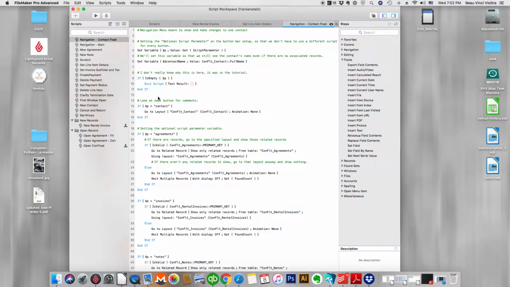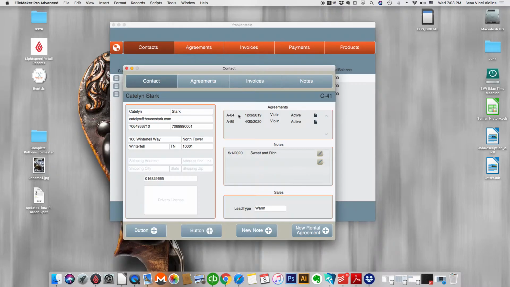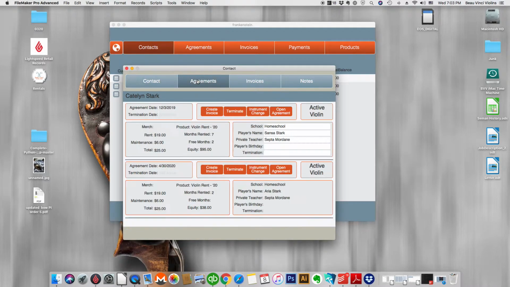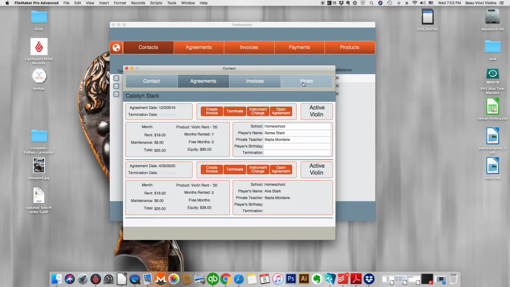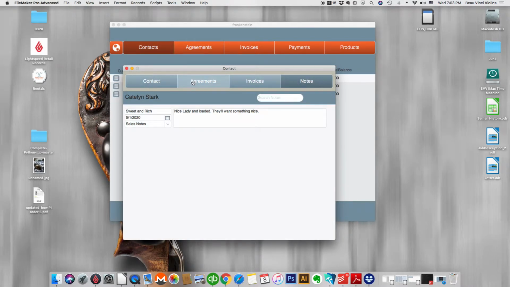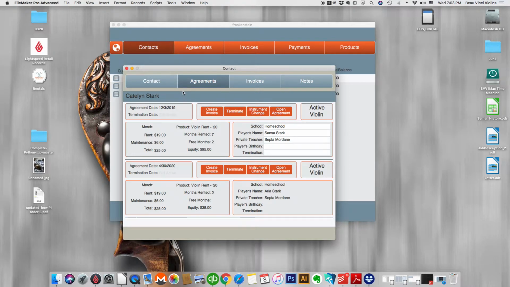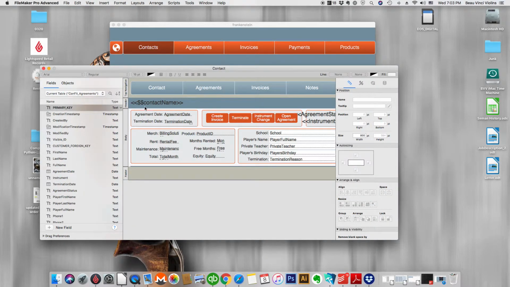You can see where I changed everything. I put the if else and changed this to the global variable for the name, did all that stuff. And so it's working okay, as long as there are records, kind of like before. So there you can see that if I go to layout mode, you can see here,